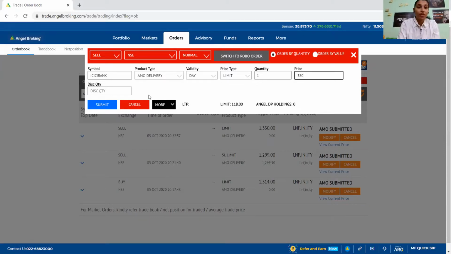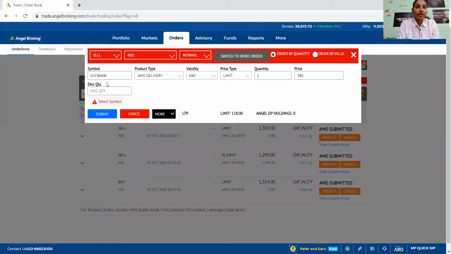Yes, we sold at 380. So, and then I will keep a submit over here. So 380 and then submit. Select symbol. Why is it not selecting the symbol? SBI Bank. I think it will not execute this trade because maybe we are doing it after the market order and we are in the cash, we cannot set this selling trade. Maybe this could be one reason.